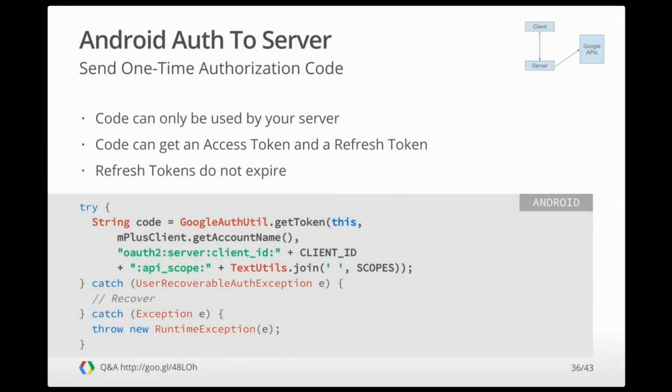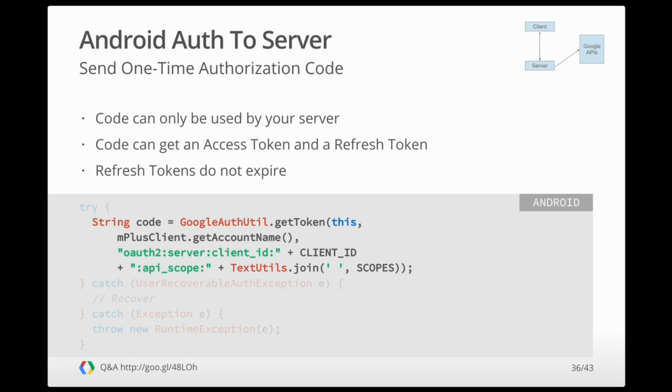So that was sending access tokens. Additionally, we have this one-time code that you can send to your server. It's a very similar code. It's just a string, and you also want to send that to your server. There are advantages here. The code can only be used by your server. It is not a bearer token. This code can also get an access token and a refresh token. Access tokens last 1 hour. Refresh tokens don't expire. So using this one-time code that you send to your server, it's both more secure, because